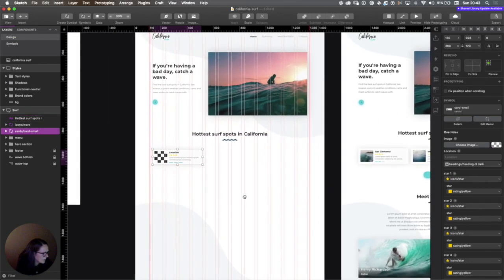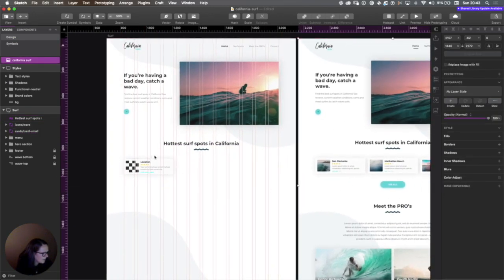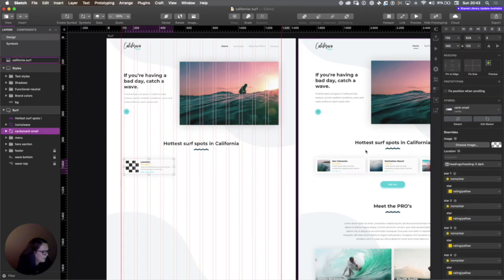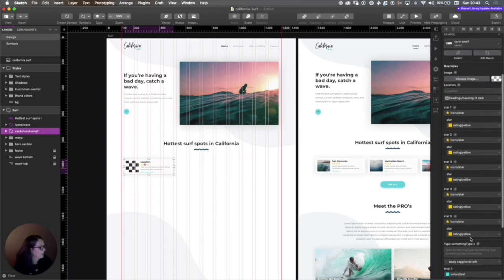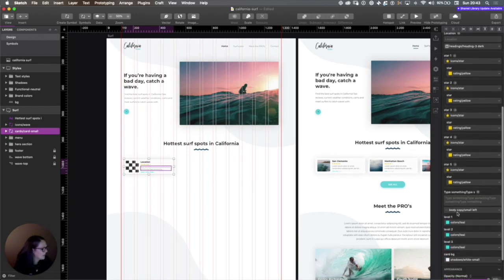So let's peek a little bit. The first beach is going to be San Clemente, and if we just click on the symbol, in our panel on the right we will see all the overrides that we have available. And this is where the naming comes in, because if we did not rename the stars or the text box to location, or the level, over here, level 1, 2, and 3, then this would all be called rectangle or something,